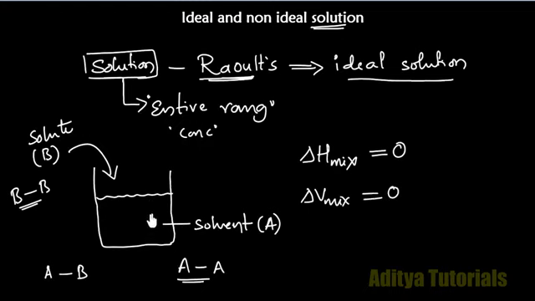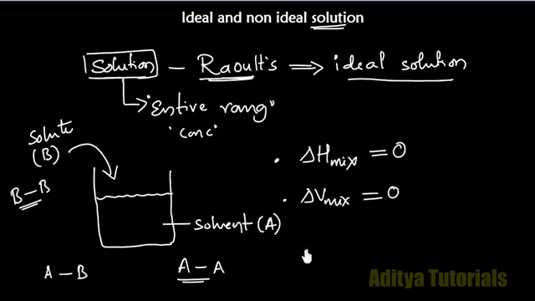after the addition. So in the first case, what you have seen is that there is no change in the enthalpy. This means no heat is evolved and no heat is absorbed during the mixing of the two components. In the second one, we have seen that the volume of the solution equals the volume of the components. Whatever the volume of solute plus the volume of solvent is, when you add these two, the volume of the solution remains the same. That is, solvent-solvent and solute-solute interactions are the same as the solute-solvent interactions. Only then is the change in volume of the resulting solution 0.